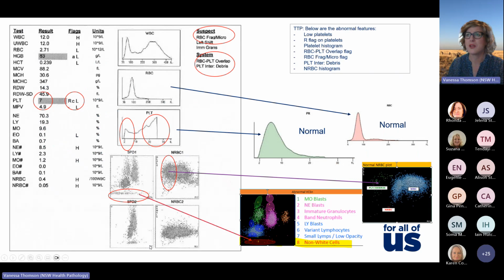But what I really wanted to call out was this was actually her result off the analyzer. And from me looking at that result, the histograms, the scatter plots and the flagging, it's really clear that this was a TTP. So one of the take-home messages for me is there's more we can always do to train our staff, and always make sure. The second takeaway, I guess, is to make sure that we do resource our programs